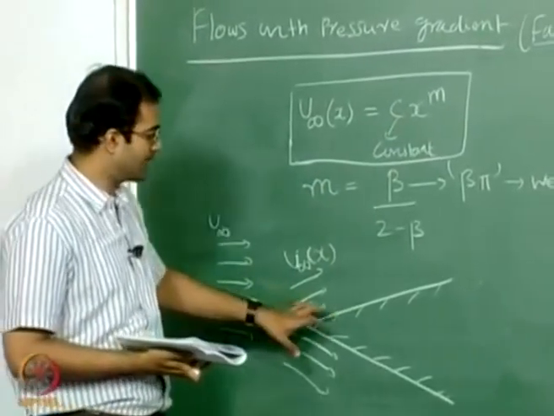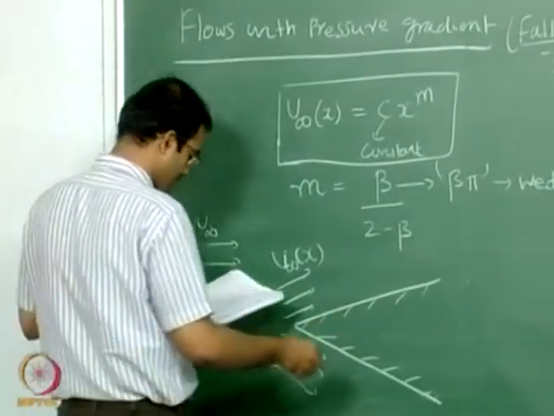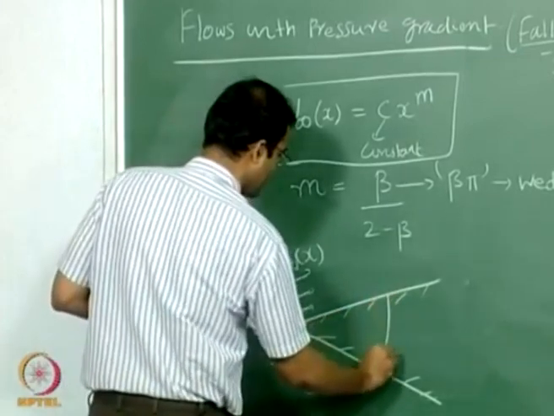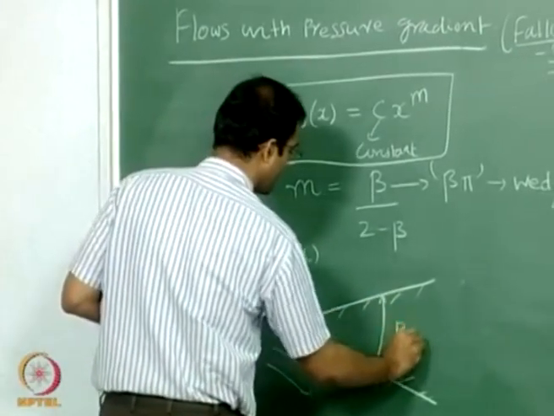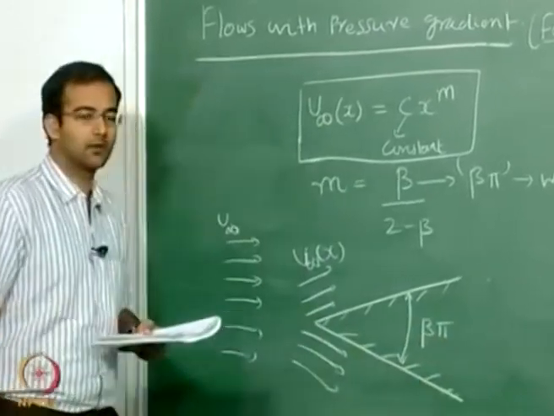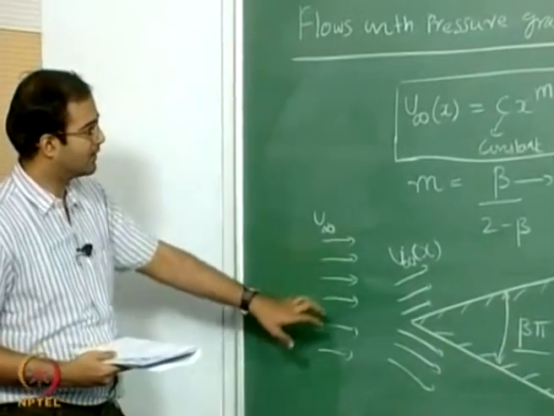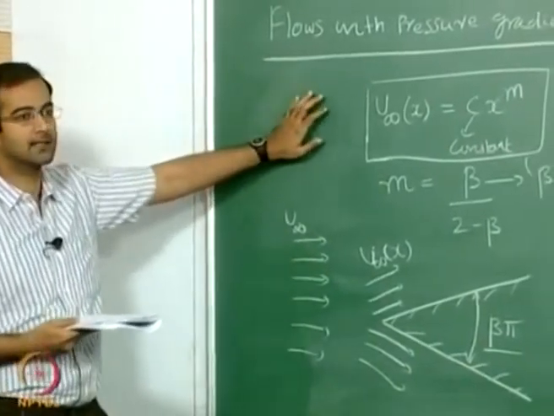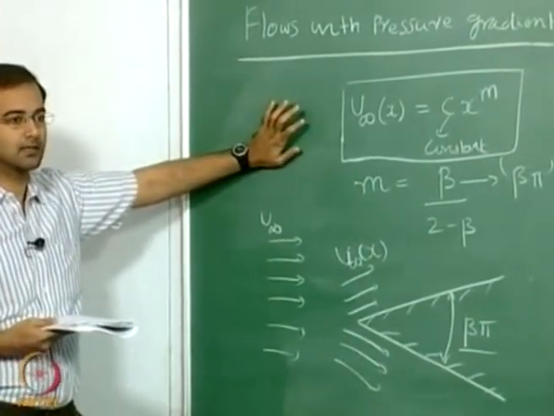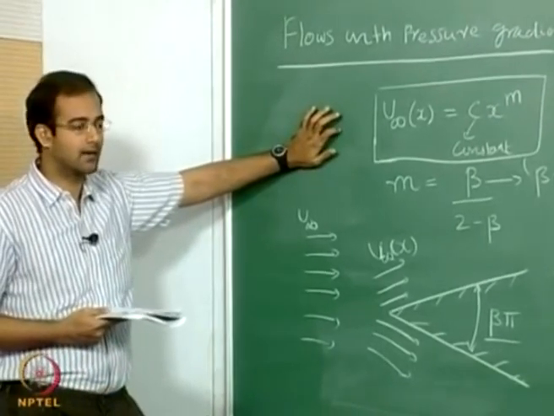For this kind of case, what is the wedge angle? This is your wedge angle beta pi. So this is a general configuration for which Falkner and Skan have shown the similarity solution,